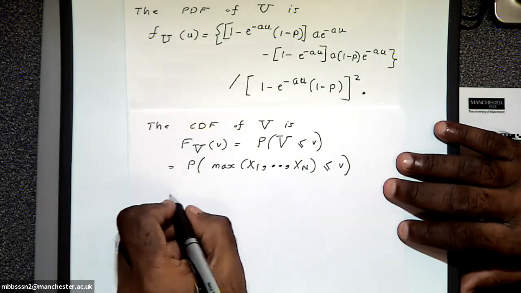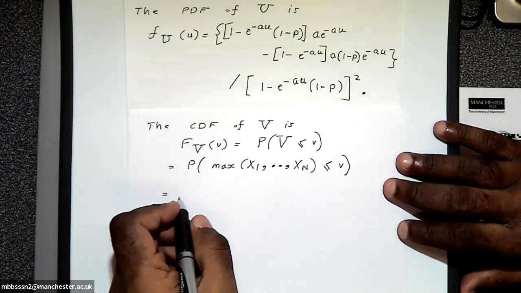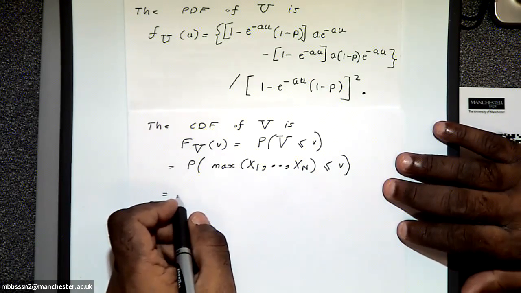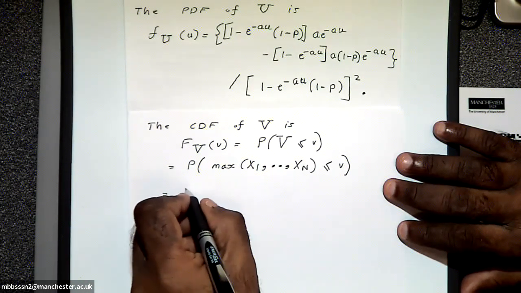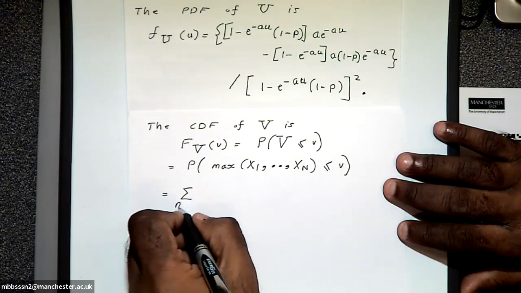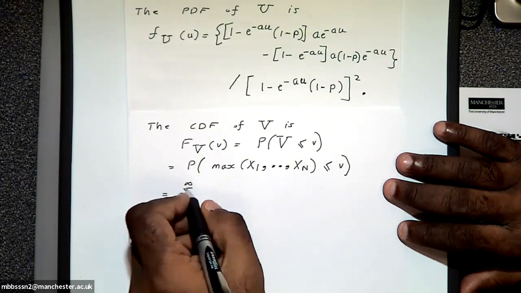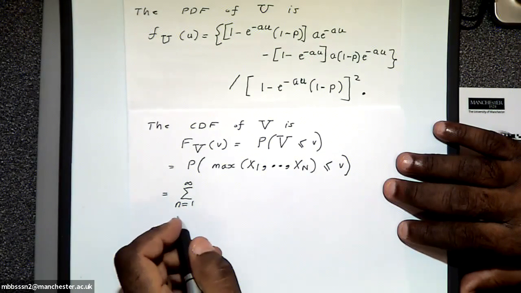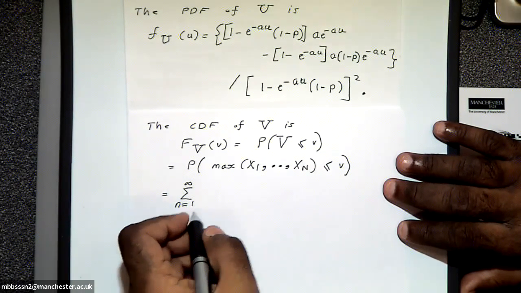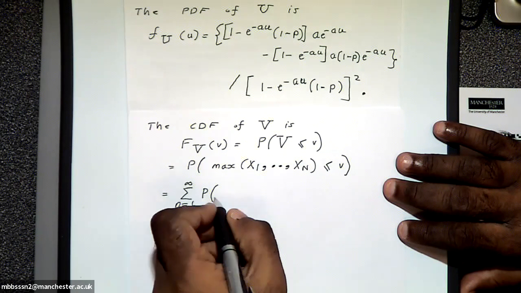And in the next step, I'm going to use the total probability rule, which I talked about earlier. So you can write this as the sum from 1 to infinity, because the geometric random variable is defined from 1 to infinity, times the probability that